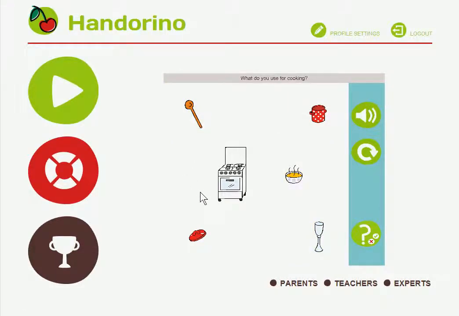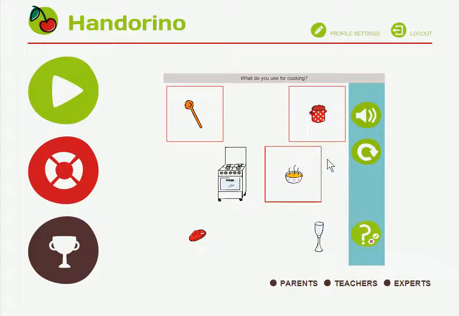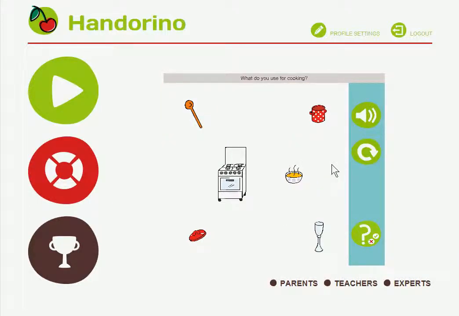We will show you now how to use the help functions of the minigames. You see three green icons, one above the other, on the right side of the game. On the top, there is a loudspeaker. Clicking on the icon, you can listen to the instructions once more, anytime during playing the game.